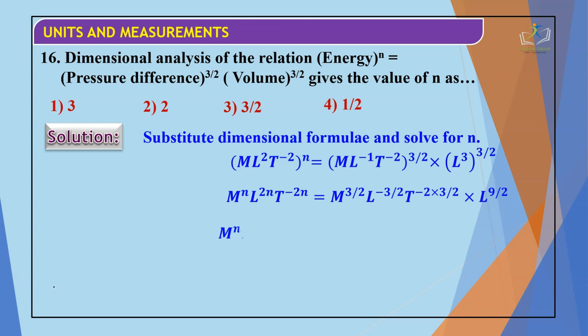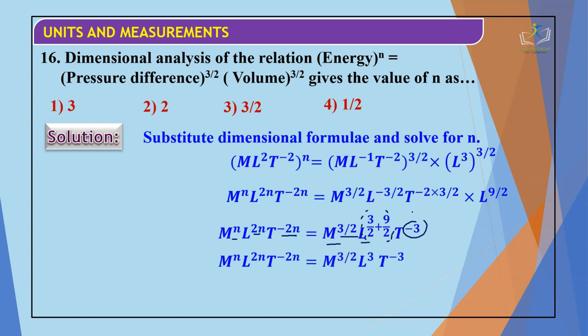We just solve this particular term and get the value of n. From here you can see a little bit of the solution: M to the power n, L to the power 2n and T to the power minus 2n, which gives the values M 3 by 2, L3, T minus 3. So from here we can easily calculate that the value of n is 3 by 2. So we got the answer 3 by 2, and of course this is present in option 3. Next question we have